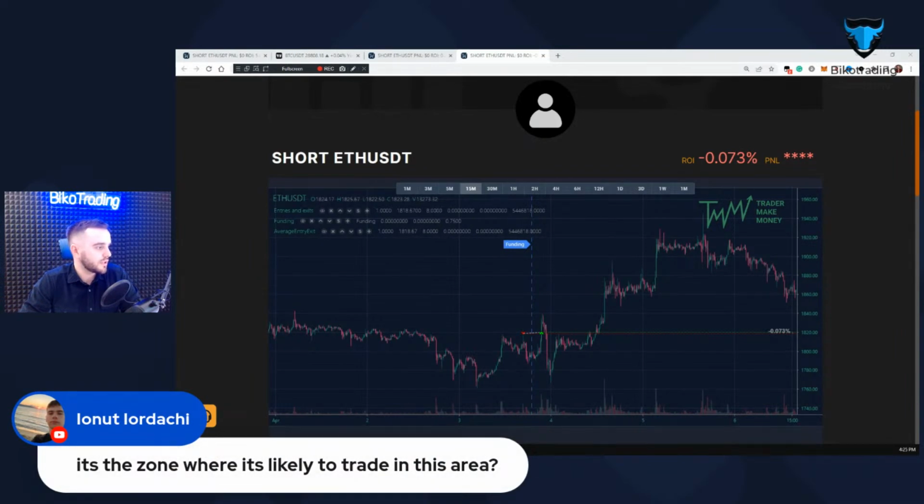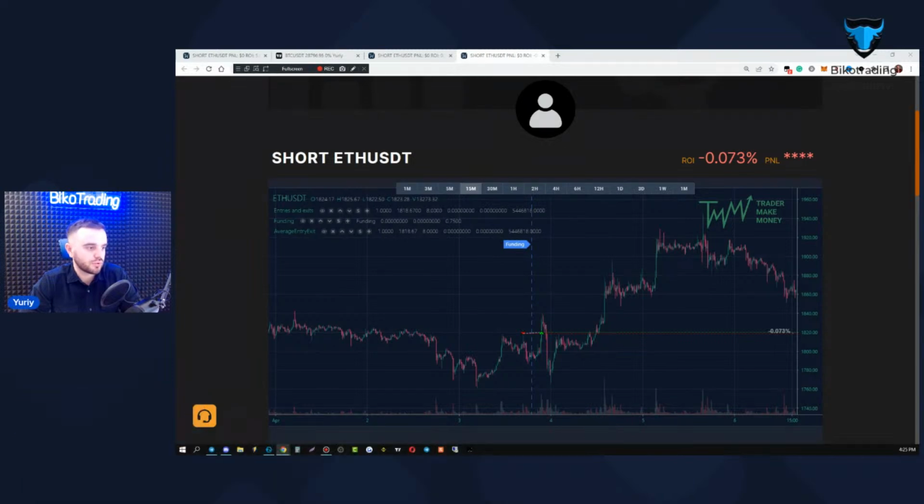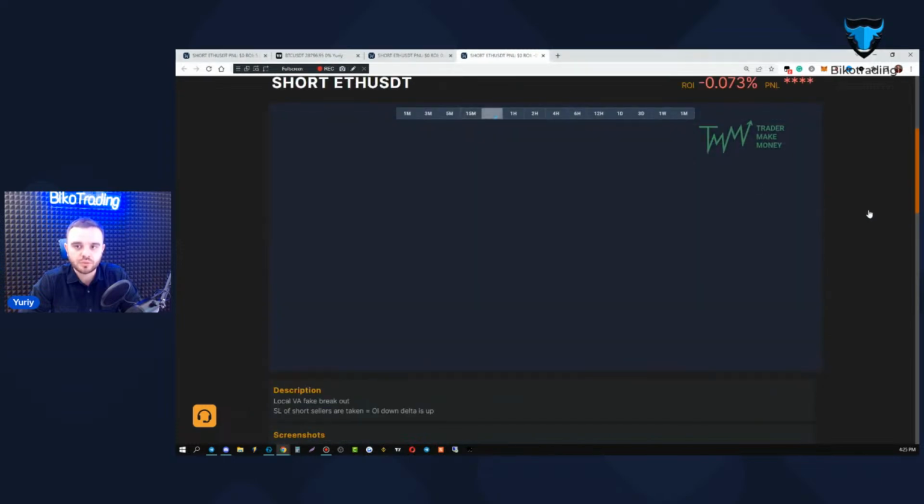It's the zone where it's likely to trade in this area. Yes, it's zones where it's better to trade. Better always to trade in a proper zone because